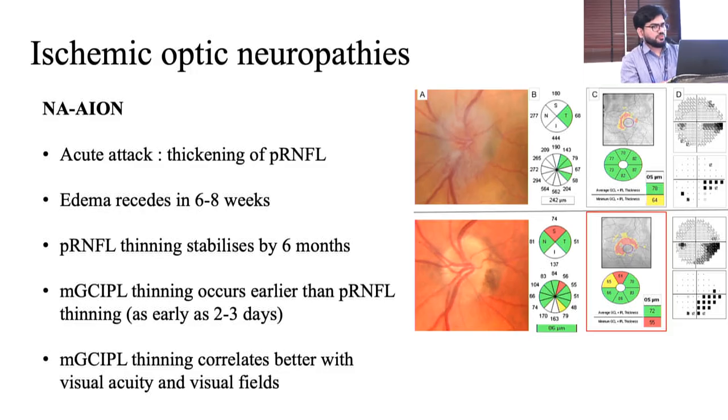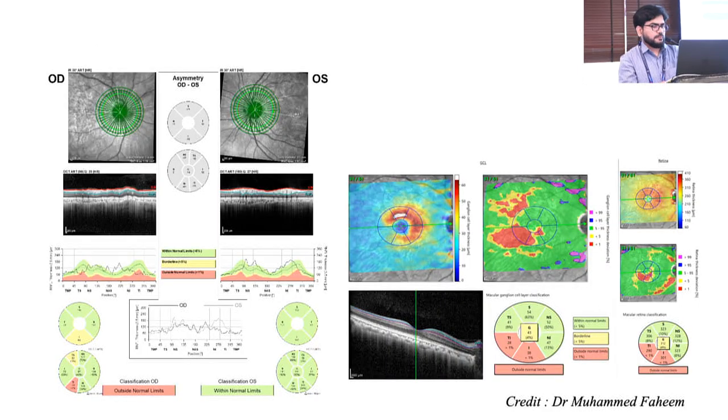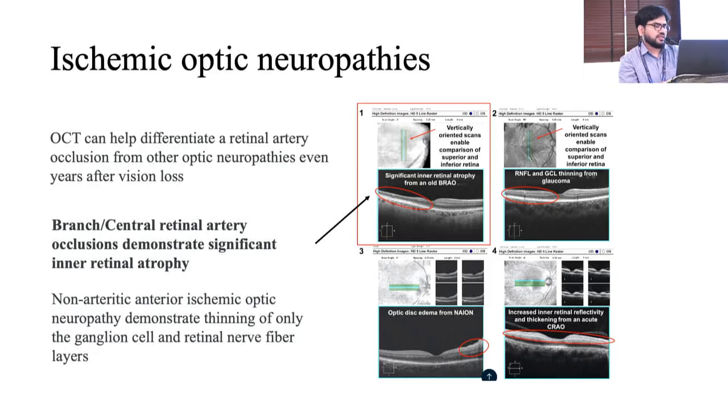Again, here the role of macular ganglion cell comes into play, which picks up thinning even before the RNFL starts thinning, as early as 2 weeks in some cases. And the macular ganglion cell layer thinning correlates better with the visual acuity and visual fields. Again, this is a case provided by Dr. Fahim, the case of a right ischemic optic neuropathy following